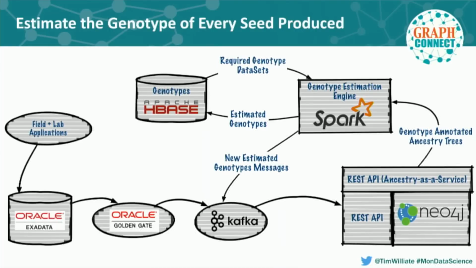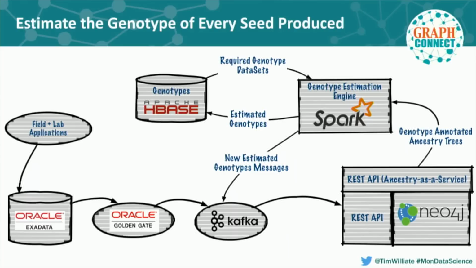Well, how that works in practice is really cool, and I hope that we can talk more about this in future months. Now that we can spit out these genotyped annotated ancestry trees from Ancestry as a Service, we had a group of colleagues, one of which is here today, that built a Spark and GraphX-based genotype estimation engine over that system. So it consumes a tree of ancestors linked with genotype data sets, and it upsamples, it estimates the high-resolution genotype